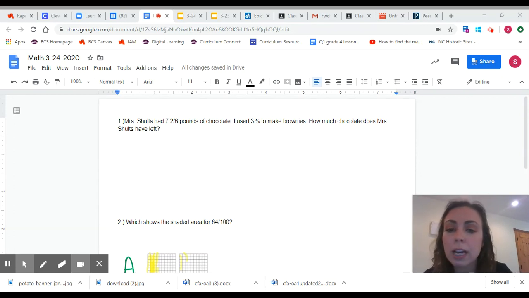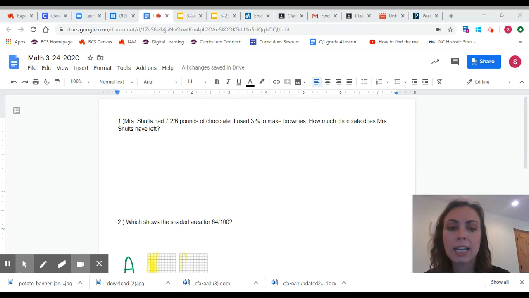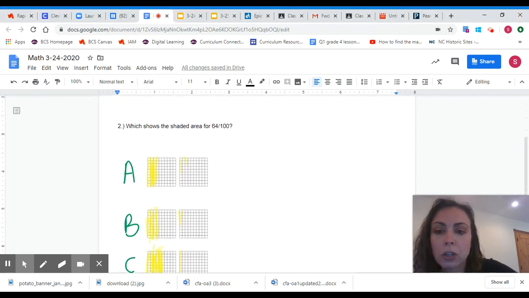You could also do that with the numbers and change those to improper fractions. 7 and 2/6 would be equal to 44/6, and 3 and 5/6 would be equal to 23/6. And you could do that subtraction and then change that back to 3 and 3/6, which would be the same as 3 1/2. But this is the actual fourth grade understanding, being able to show your thinking through a drawing and a manipulative, okay? So now we're going to move on to the next problem, which shows the shaded area